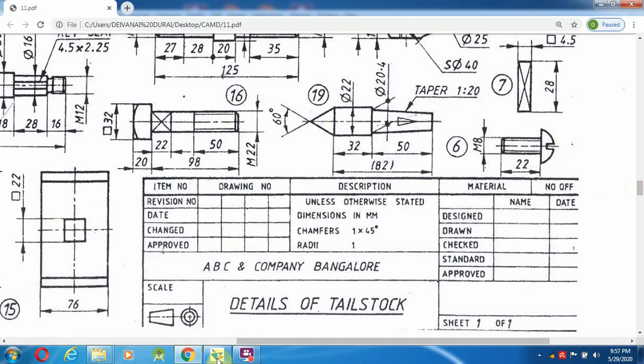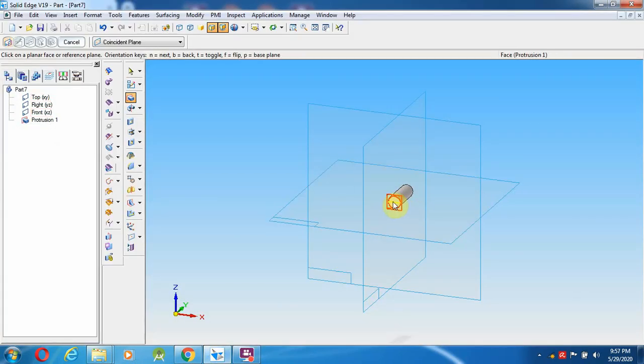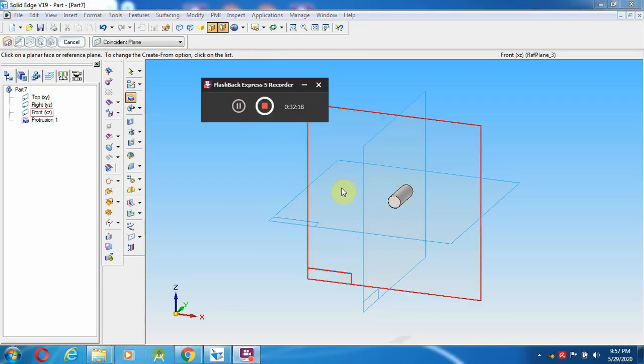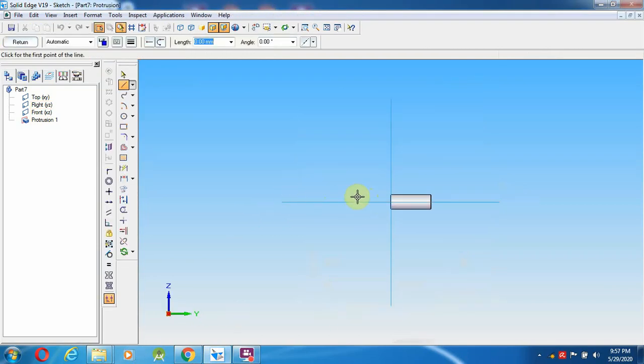For drawing this, I am going to select the mid plane over here. After selecting the mid plane, from here to 16 mm diameter, so that 16 mm line I am going to draw. Because we are drawing only one side, I am going to draw an 8 mm line.